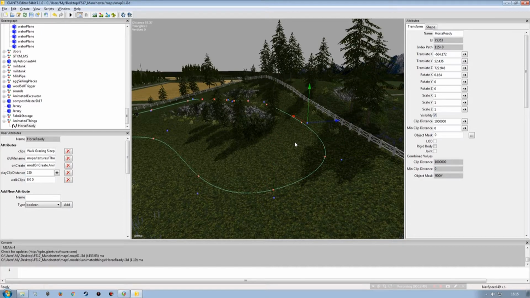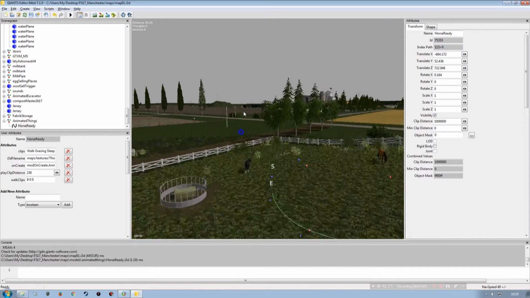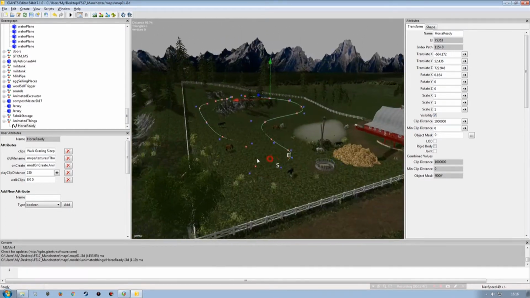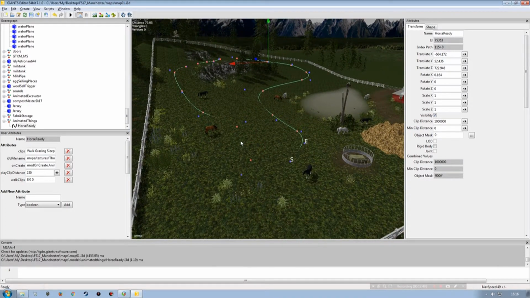What I'll do is, regardless of what it looks like, as long as it's working, I'll just go with that. I'm not too fussed about the rest of it, for the video at least. This is just to give you an indication of what's actually going to be involved and how to get it all working. It'll be up to you to manipulate the spline to get it to work for you, because